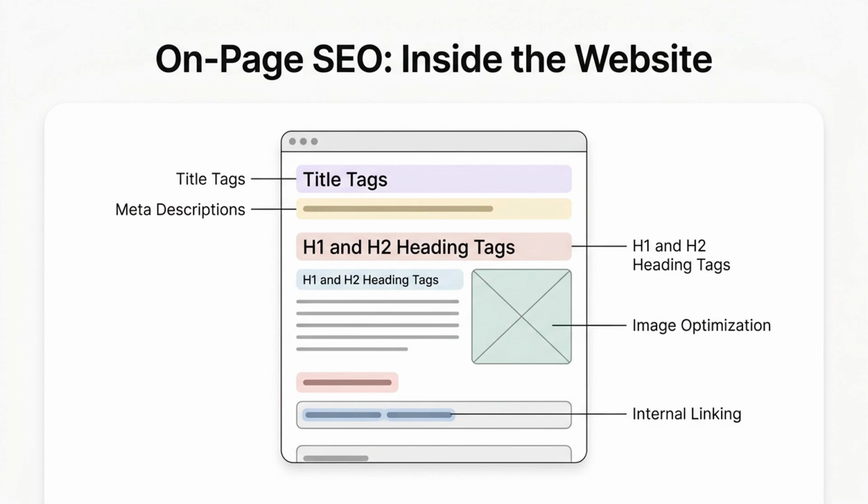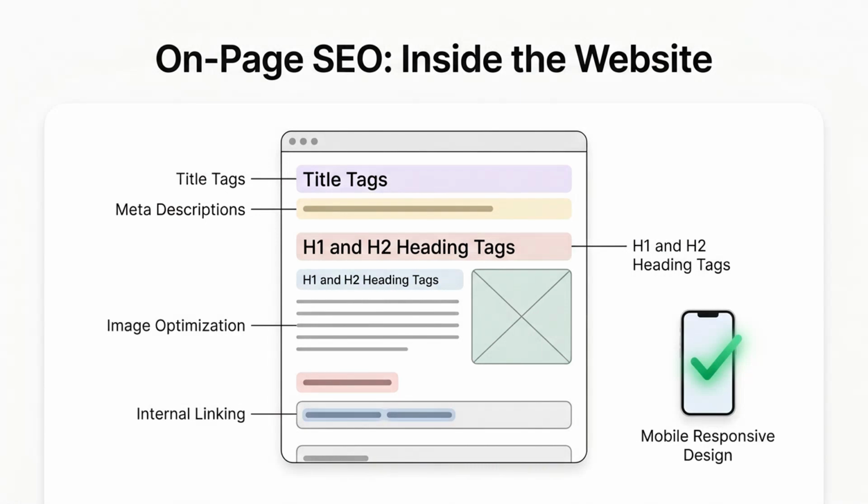This means carefully crafting your title tags and meta descriptions, properly structuring your content with H1 and H2 heading tags, optimizing your images so they load quickly, and building strong internal links between your own pages. Additionally, ensuring your site has a mobile responsive design is a massive part of on-page SEO today. All of these internal tweaks make your site easily readable for both your users and the search engine bots, which